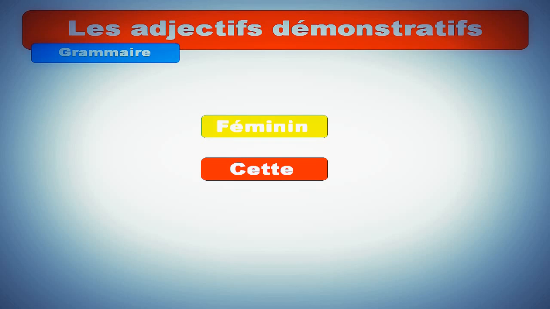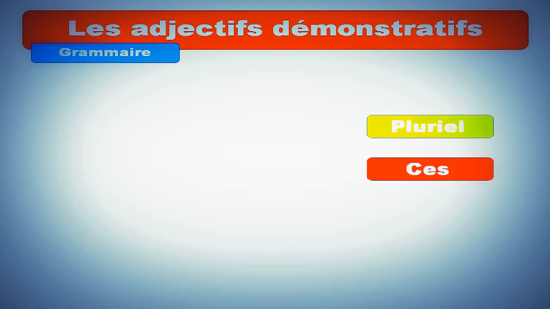So you can see that even if you write them differently, the feminine form cette and the second option for the masculine form cet are pronounced the same way. And then finally, the plural form, it's ces. It's open, so don't be afraid to open your mouth. Okay, so repeat,